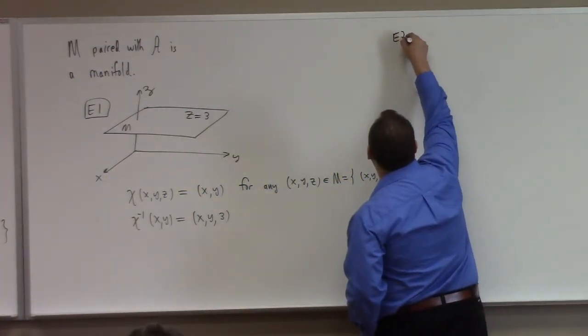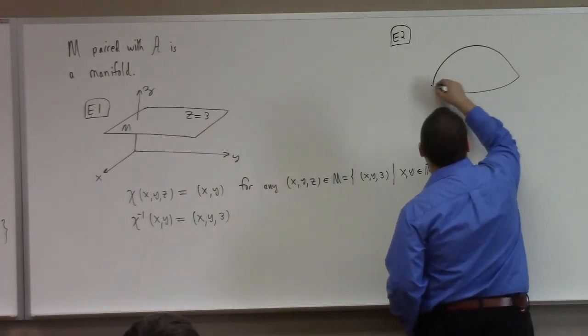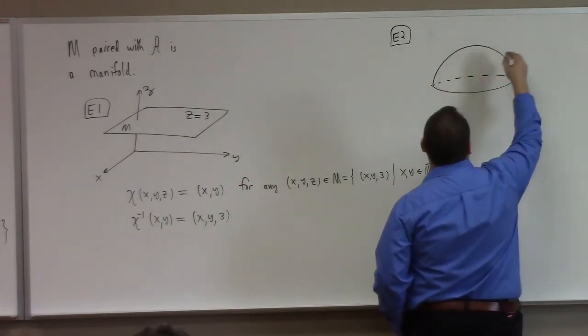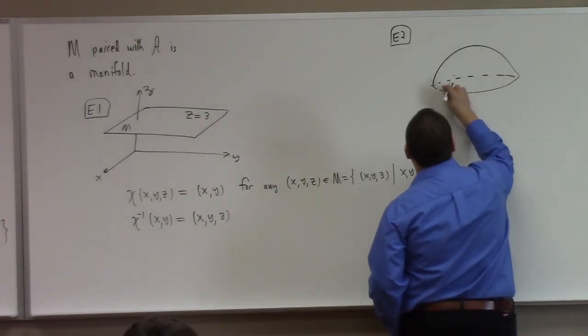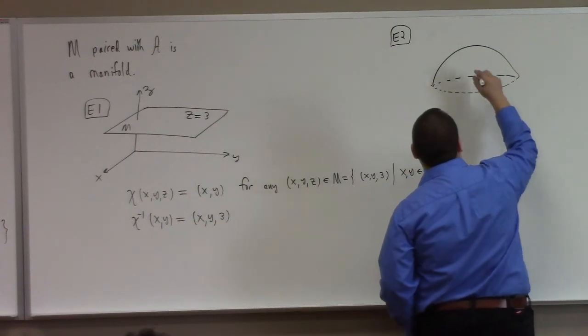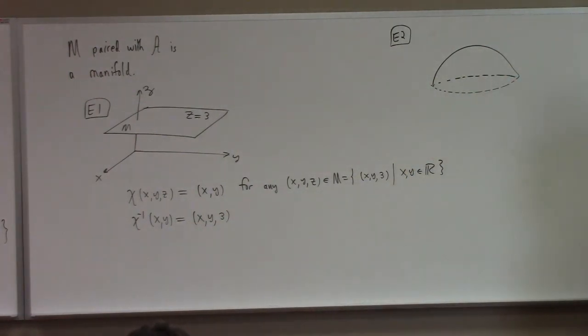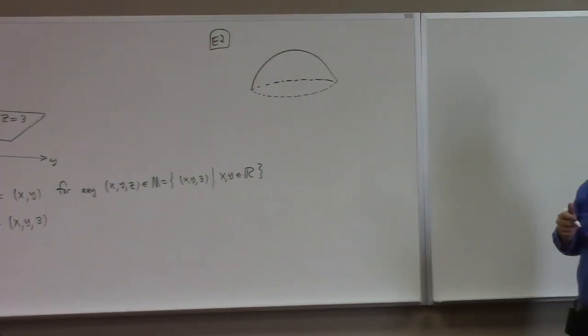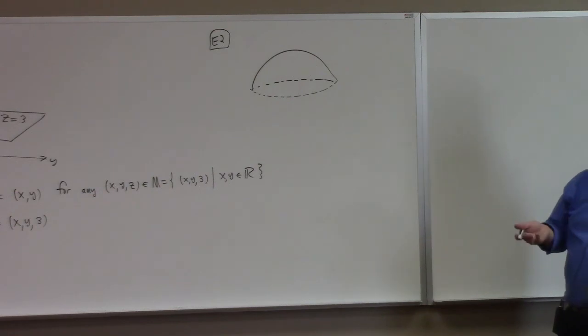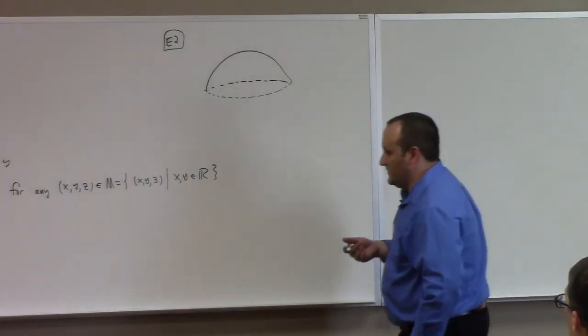Example 2, how about a hemisphere? We could think about a fuzzy edge. I don't want to talk about manifolds with boundary just yet. We'll get back to that eventually. I don't think that's even in McNerney, by the way, guys. Which is kind of unfortunate because we would like to talk a little bit about manifolds with boundary because we want to talk about the generalized Stokes theorem, which is concerning manifolds with boundary,